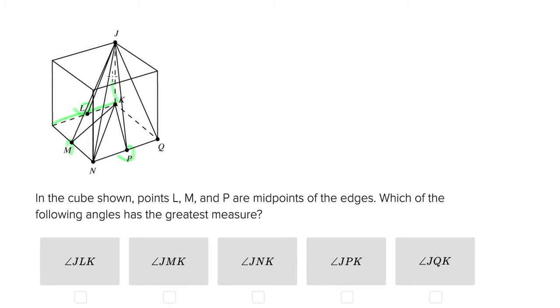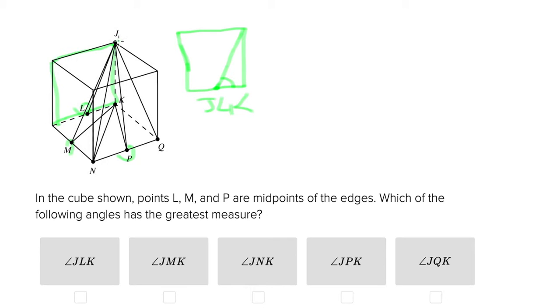For the first one, this angle would be the easiest to visualize from taking away that face of the cube there. Let's go ahead and draw this square here, and then draw a line to the midpoint of the baseline here. And this is the angle that we're looking at. It's a rather tall angle compared to many of the other ones, as we're going to see. So this is the first, JLK. Then we're going to look at